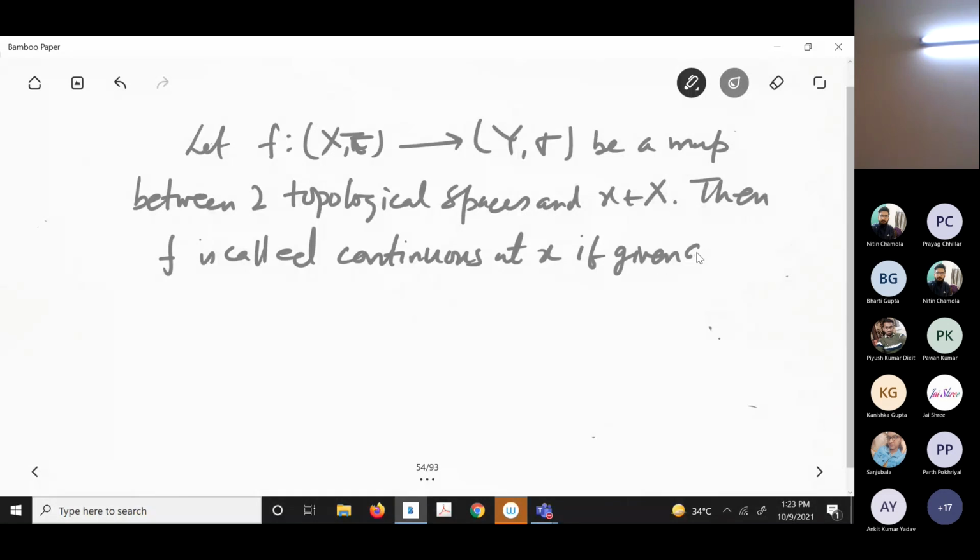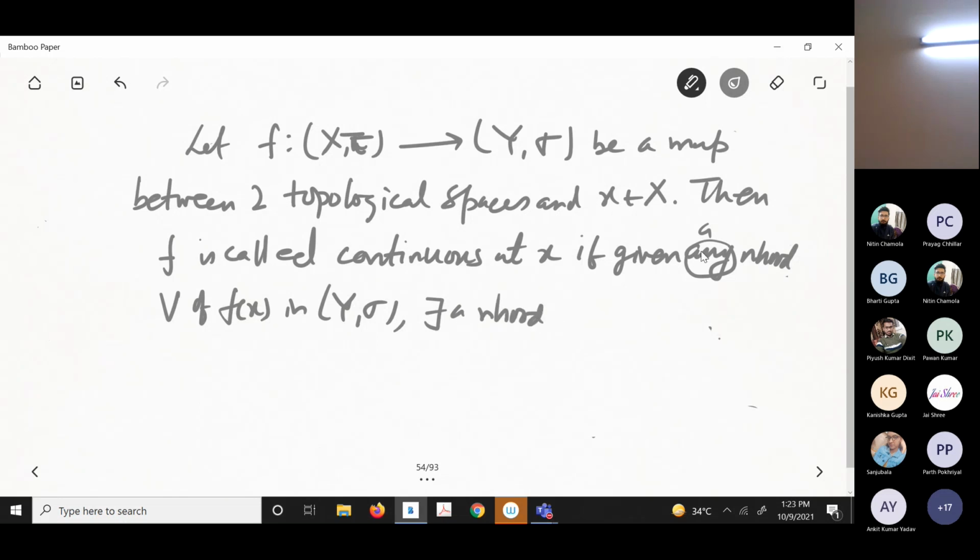Given any neighborhood V of f(x) in (Y, sigma), there exists a neighborhood. You should write "a" in English, because otherwise it would sound like for any neighborhood the same neighborhood is working. That's not it: given a neighborhood, this neighborhood will depend on that neighborhood. Given that, there exists a neighborhood U of x in (X, tau) such that